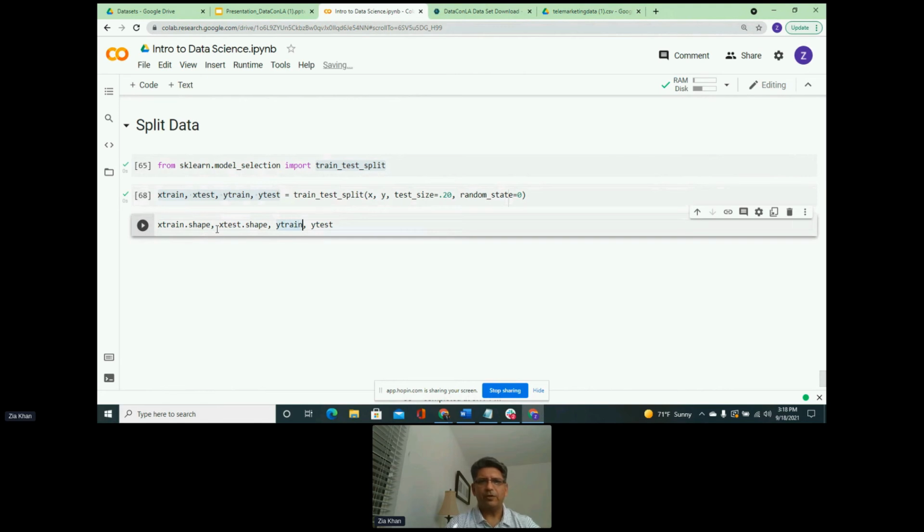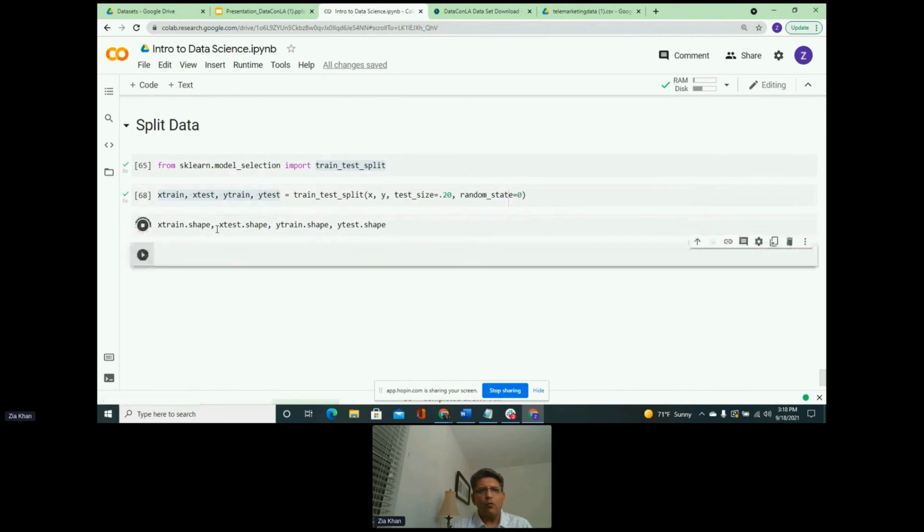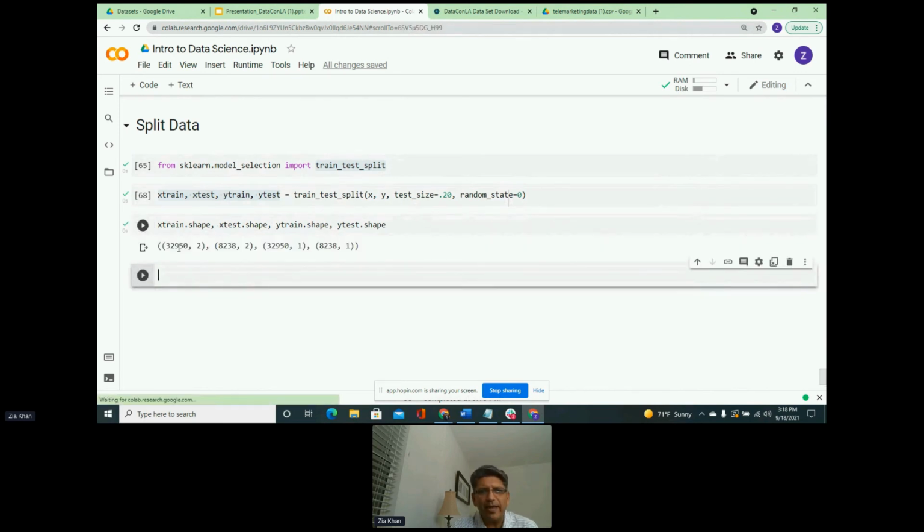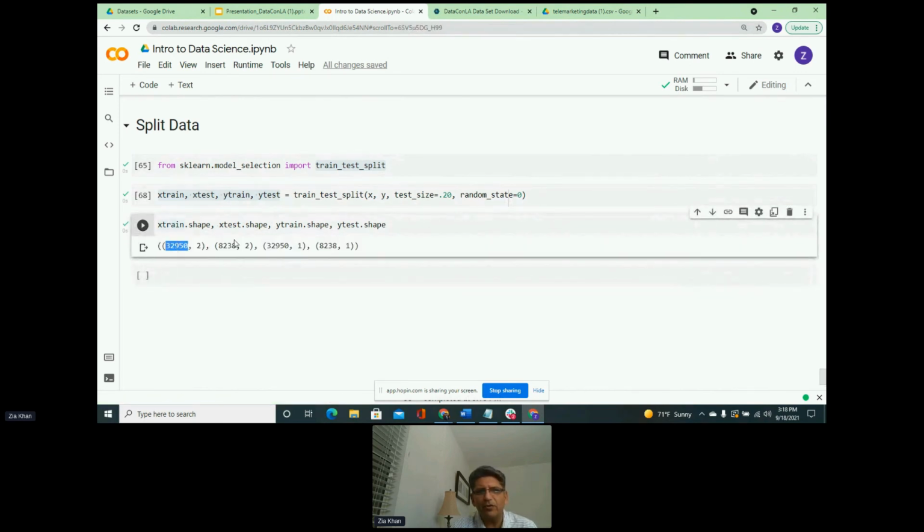We check the shape for actually all of them just to make sure that they are matching in rows. Again, we have to feed the data row by row, right? So when we look at this, xtrain has 32,950 rows. Ytrain, which is the target for xtrain, has 32,950. So it is matching. Xtest has 8238, ytest has 8238.